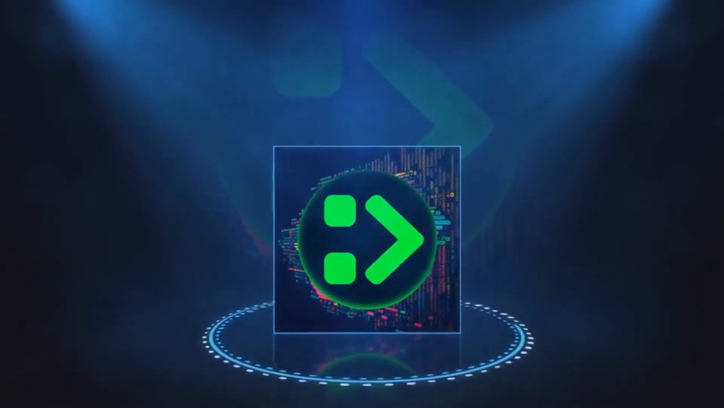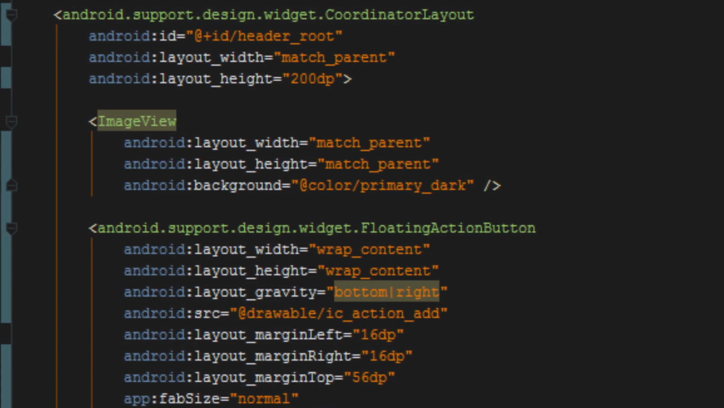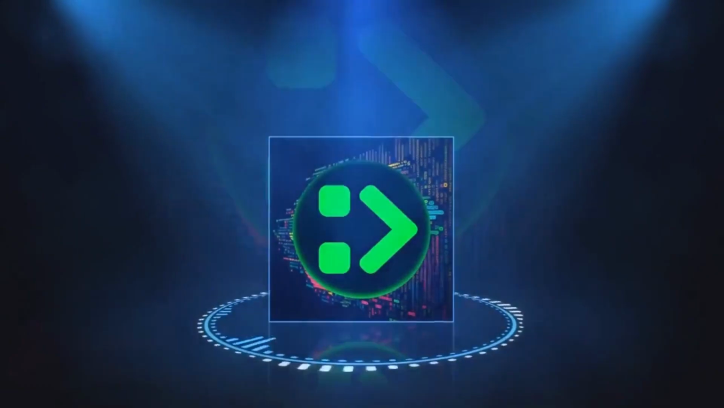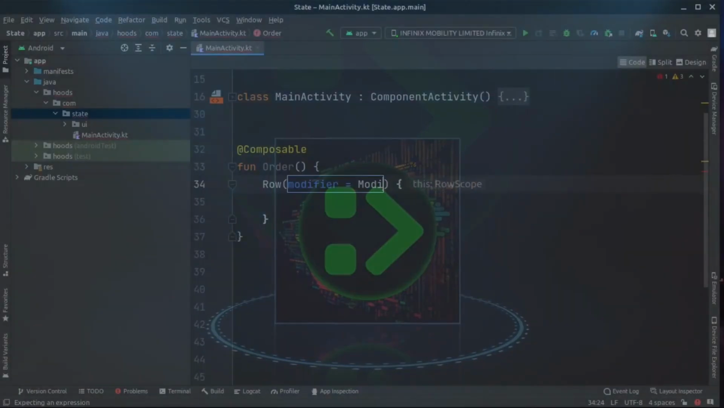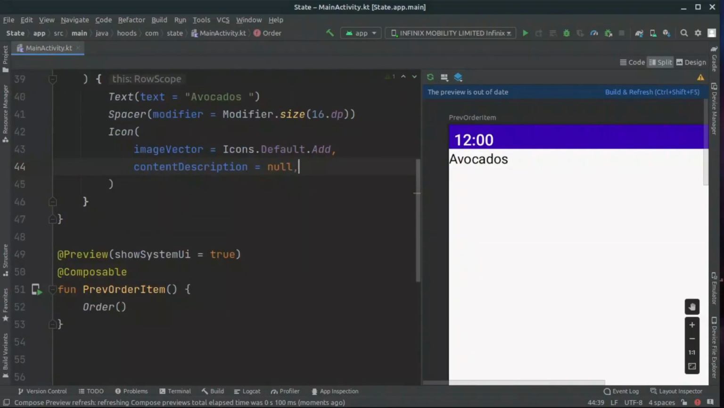Instead of wrestling with clunky XML layouts and numerous view hierarchies, Jetpack Compose lets you build interfaces using a declarative and straightforward approach. You describe how your UI should look and behave, and voila, Jetpack Compose takes care of the intricate coding